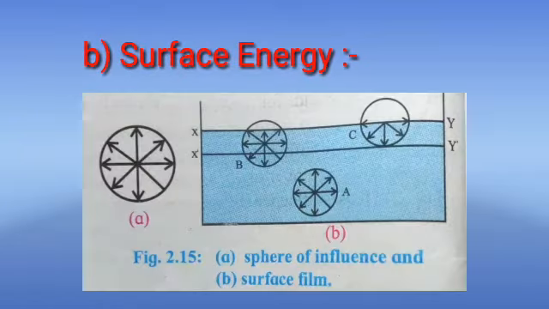Surface energy. In surface tension, on the basis of molecular theory, we have seen that a molecule inside the volume of a liquid, like molecule A, experiences more cohesive force than a molecule like B and C in the surface film of the liquid in the above figure. To increase the surface area, if molecules are brought to the surface from the liquid, work is done against the resultant downward force. This work done increases the potential energy of the molecule at the surface.